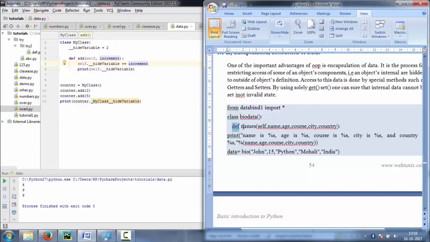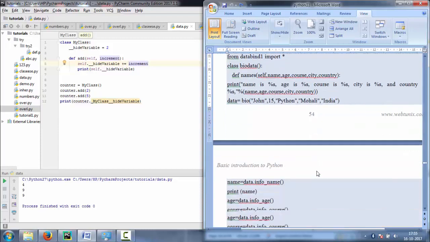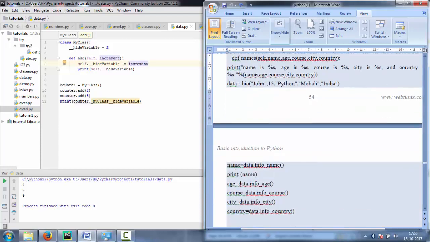Here we define name and it is encapsulated in this class, data bind. And here we print the name, age and city, giving the information of the student. So friends, here we create an object and print.